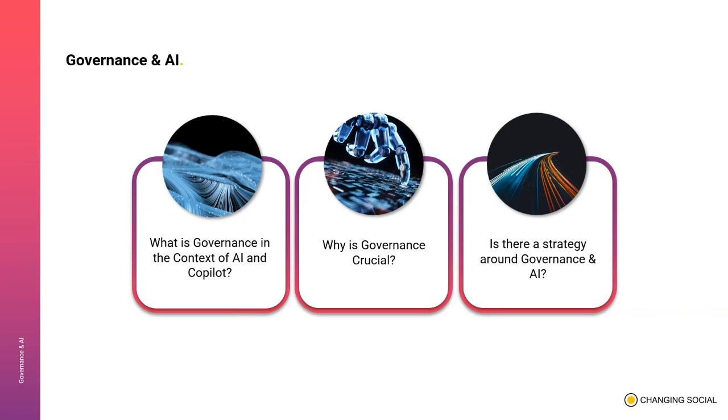Governance is crucial. It ensures that as Copilot becomes an integral tool in your daily operations, it functions within defined boundaries. This protects your organization's data, it ensures the ethical use of AI, and provides a safeguard against potential misuse. It balances empowerment with responsibility. Having a clear roadmap for its deployment and governance is of utmost importance.